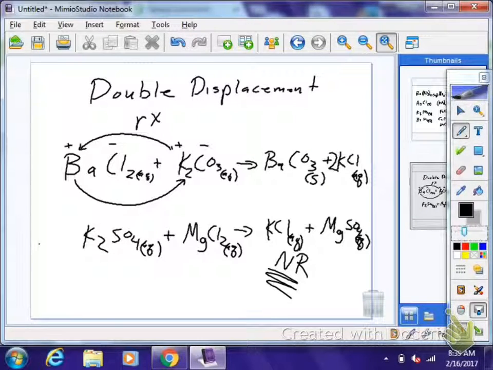What if there are two solids, or is that impossible? Is that no reaction? It could be. That's very rare, but you could have two solids, and if they're both solids, then yes, it definitely would be a reaction. There are a couple of cases. There's an acid-base reaction that forms two solids, which is kind of cool. Okay, so I'm going to go ahead and